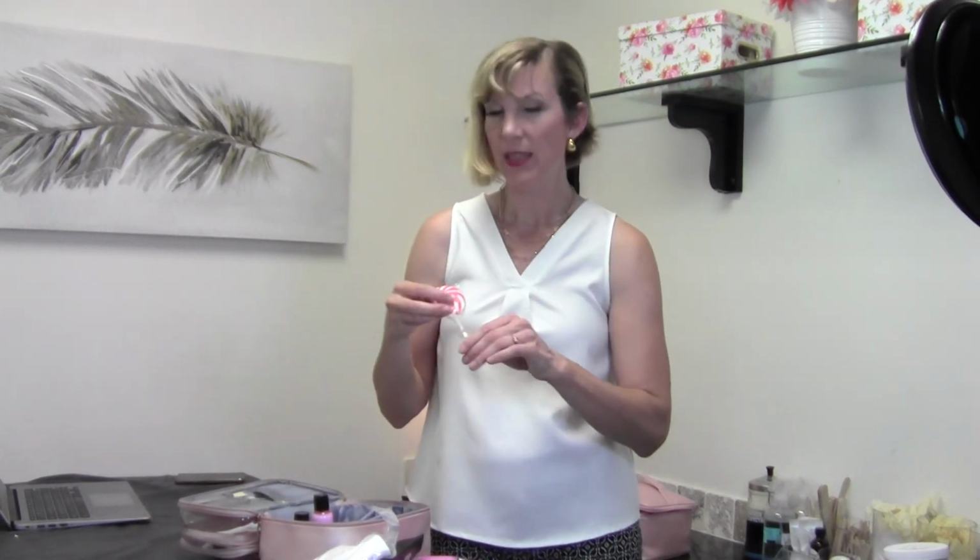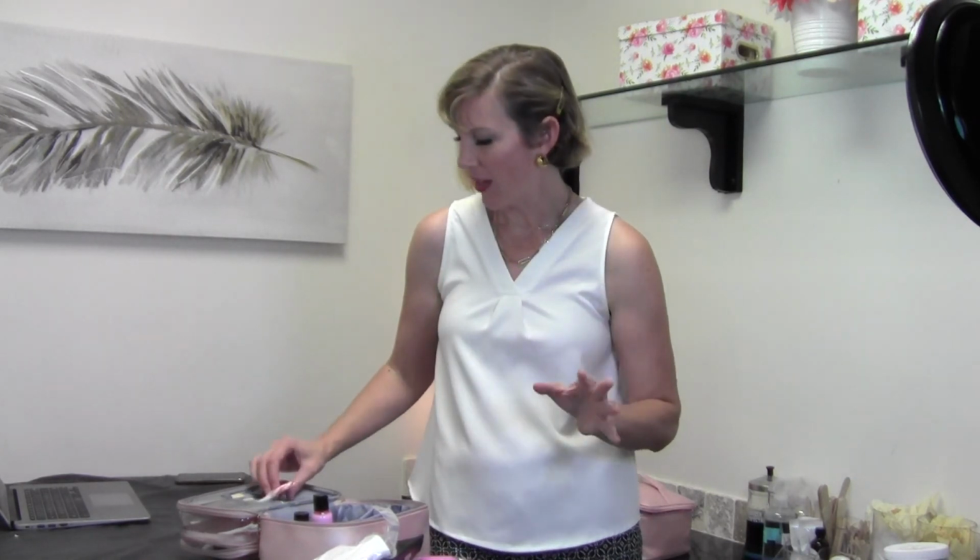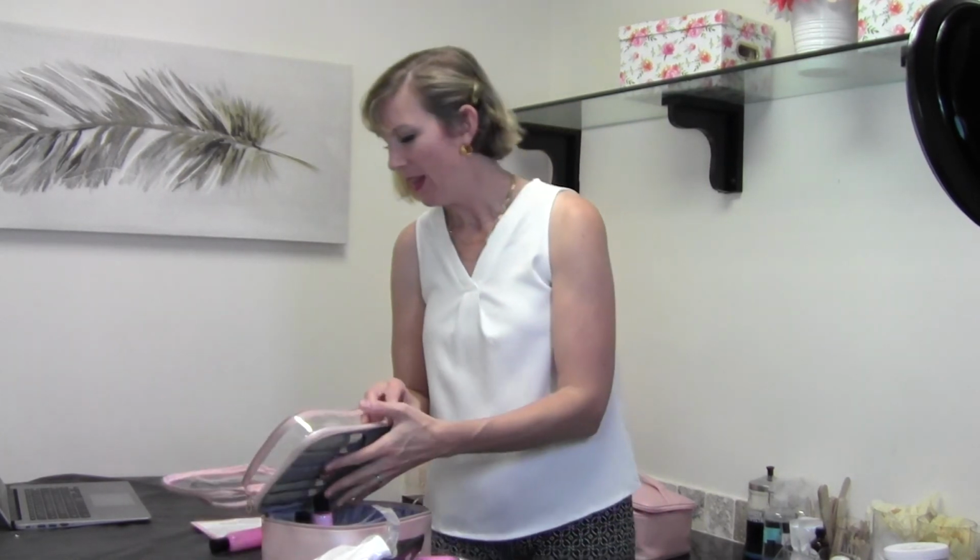And you'll also get a nice little, not a popsicle, a sucker. So you can have that yourself, or you can give it to your model. Some of my students said they incorporated giving a sucker to every customer, so that might be something fun to do. And that's the overall of